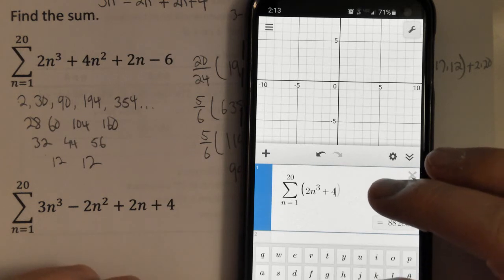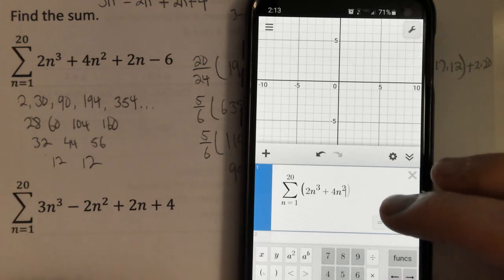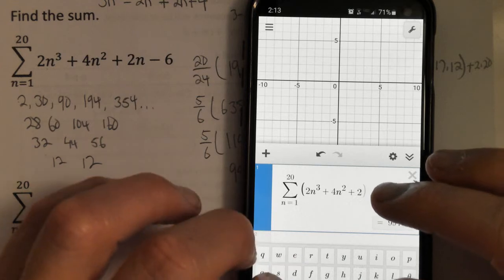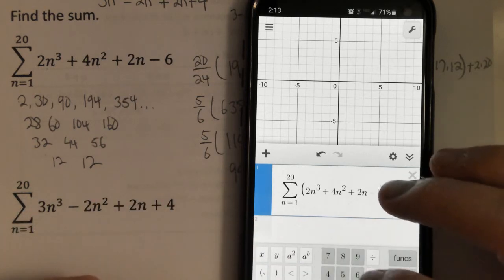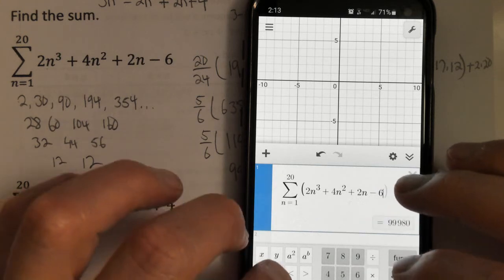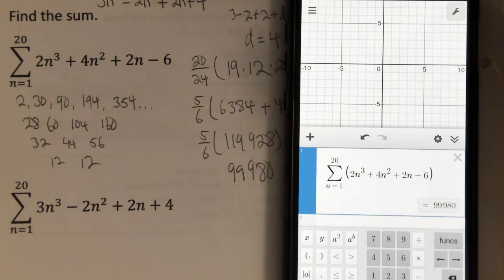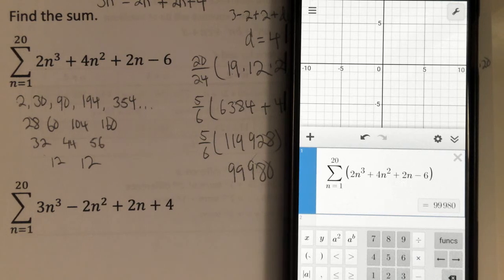Go back to my n. That was squared, and we got plus 2n, and then we got our minus 6. And notice that we get the same thing with the sum on the calculator as what we got when we did the thing by hand. Okay. Alright, we have